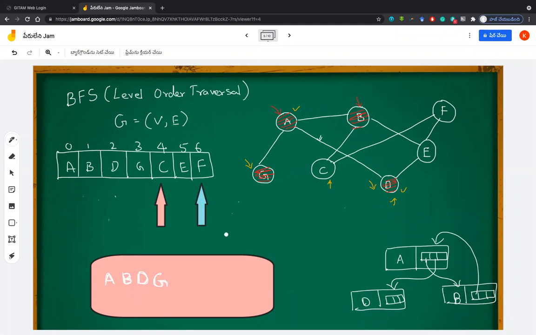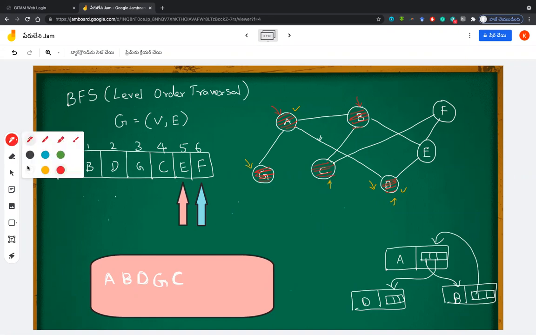Now I think C is also finished because the work with C is finished: C is connected to B, satisfied, and F is included into the queue. That's the end. So what we will do, we will write C first onto the screen. That means print C here, then delete it from the queue. Yes. Coming to E. So before that, let us delete it from the graph also, that we have visited.